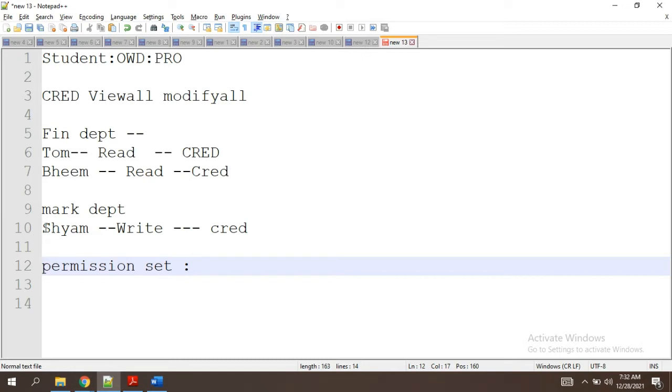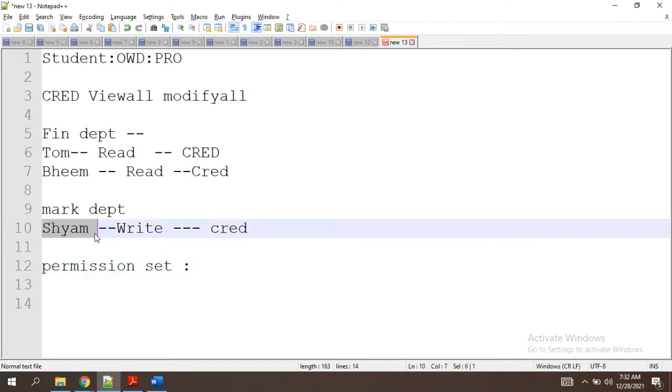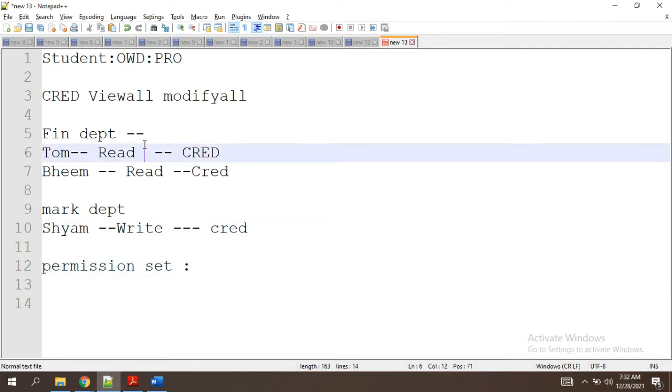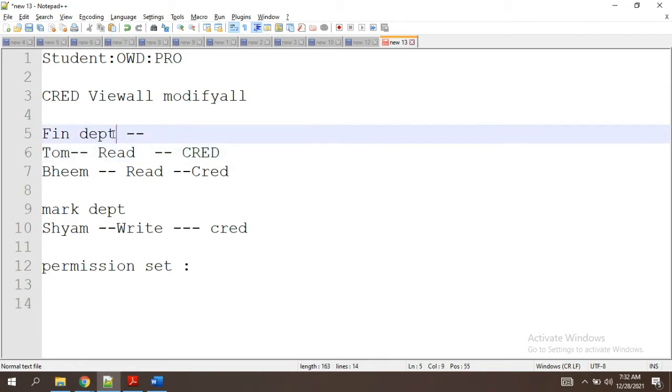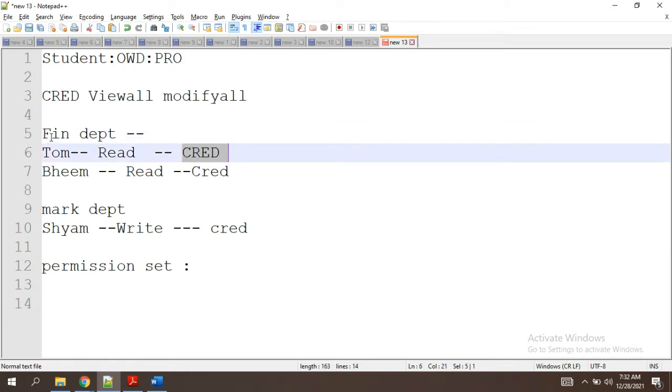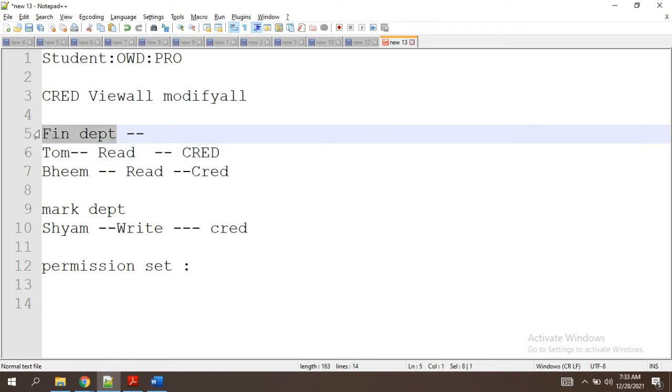When this person wants to access the other team's data, then we have to create one more permission set. So now the fin department will get, this is for this department, guys, only limited to this department now.